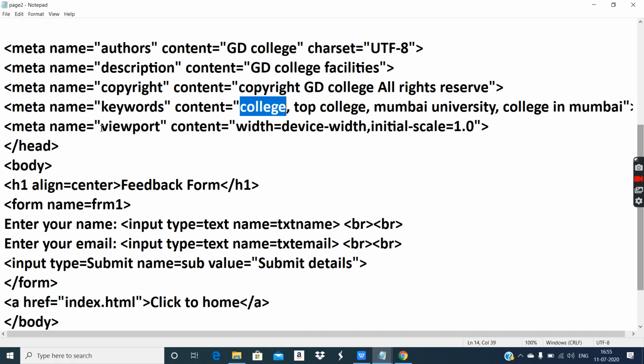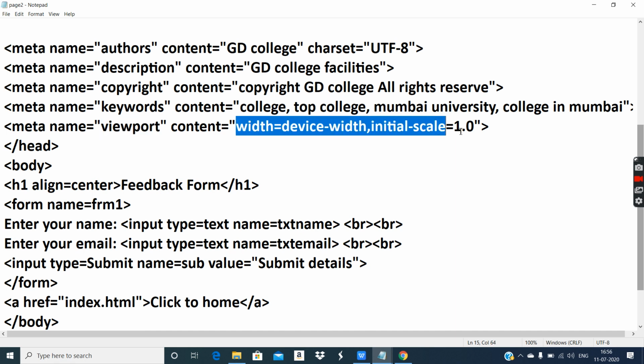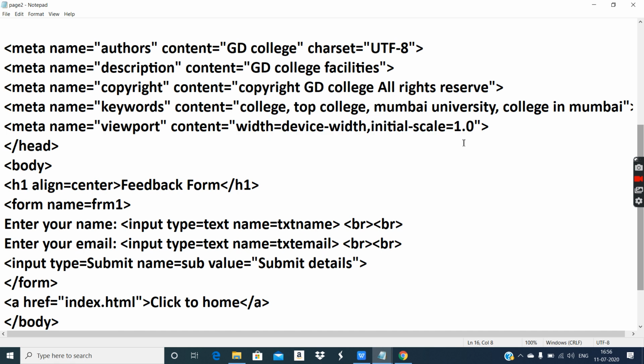Then viewport. Now this is a fixed value which is used in the name attribute, but it's not given in the textbook. It's very important because once you include viewport, you are giving freedom to your website. Not only desktop will show your website, it will also be nicely loaded in all mobile devices.